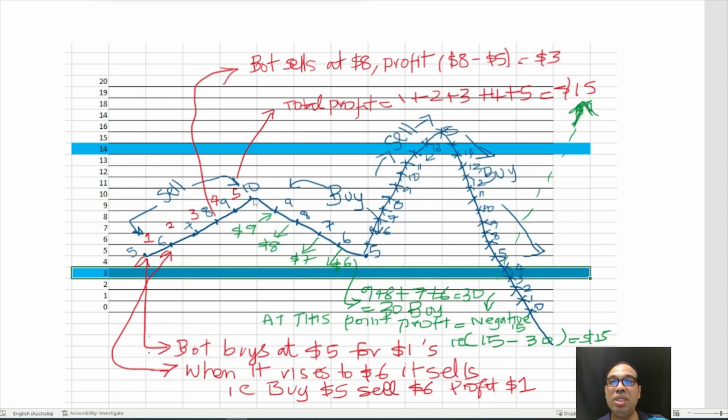So now what it does is, as the price is falling, the bot will say, okay, let me buy some at 9, let me buy some at 8, 7, and 6. It's still dropping and coming back to 5. So the bot has no control over it. The bot is still buying, because initially it bought many of these 5s, but not necessarily everything at 5. So it has now bought at 9, 8, 7, and 6. When you add up all of them, it's $30 right now. You had a profit of $15 here, and now it has bought for $30. So basically $30 minus $15 is going to show a loss of negative $15.